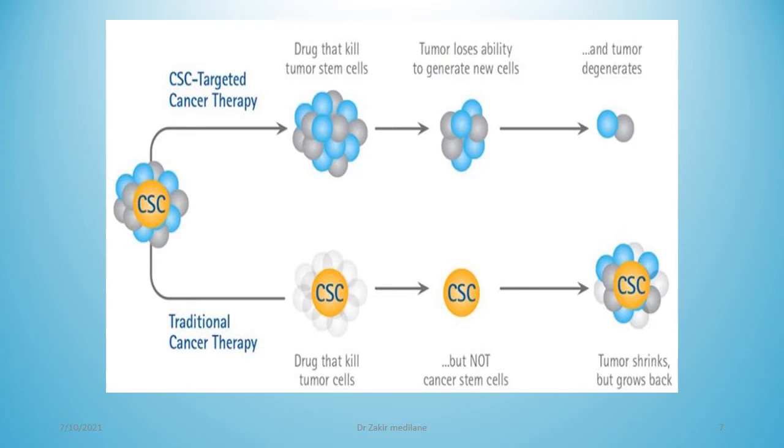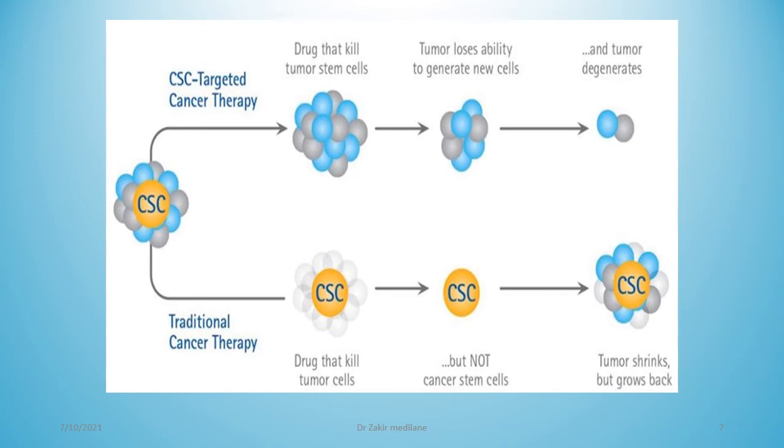We can see here a flow chart. I have given here a flow chart. In this flow chart we can see the cancer targeted therapy as well as the traditional cancer therapy. The traditional cancer therapy means the normal therapy we use for treatment of cancer. By using gold nanoparticles, what changes are we going to observe? You can see the image. In this image, the arrow marks indicate both sides. On one side we can observe the targeted cancer therapy, and on the other end the traditional cancer therapy.